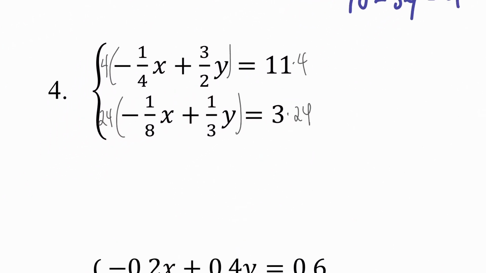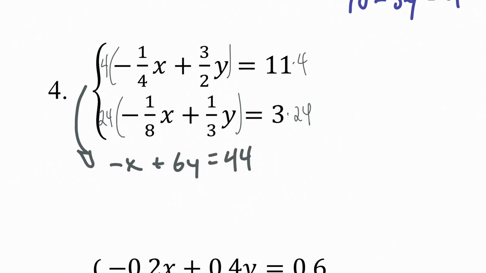So, let's put it down here. When we multiply here, 4 times negative 1/4 will be negative 1, so negative x. 4 times plus 3 halves, you could think of that as 12 over 2, which is 6. I prefer to think about the 4 and the 2 canceling and reducing to having 4 on top, and then the 2 becomes a 1, and 2 times 3 is, of course, 6. Either way works. I find that reducing fractions as I go seems easier because then the numbers don't get large. So anyway, we get negative x plus 6y